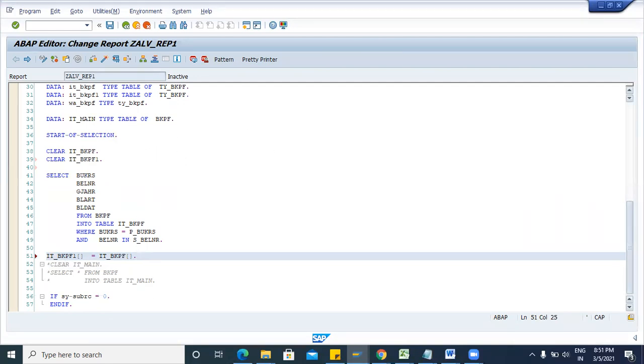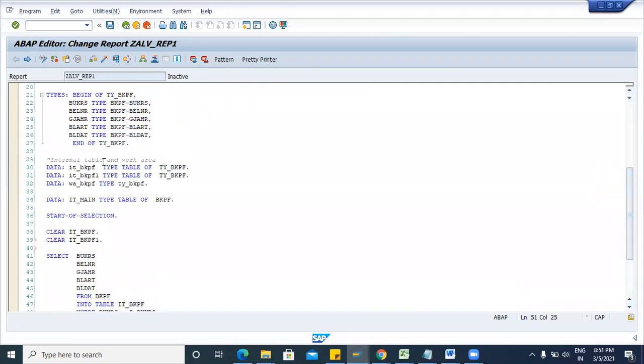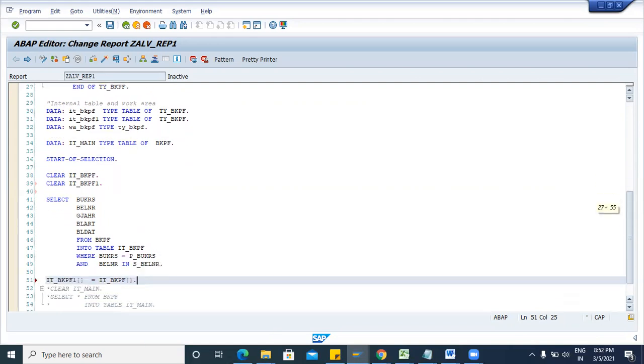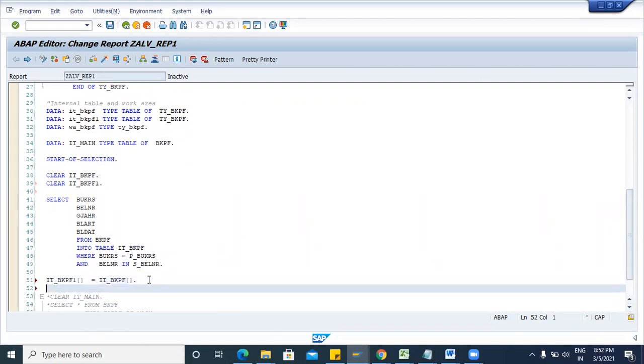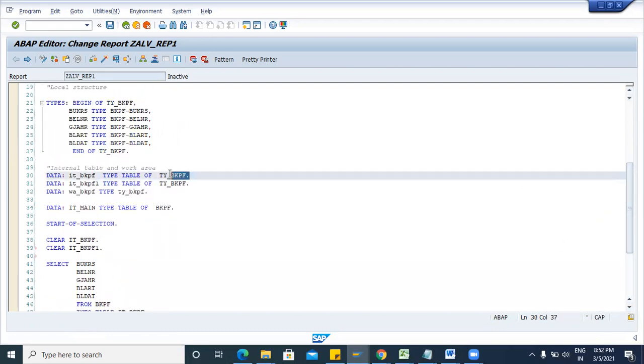Okay, like if you are having four fields in the first internal table and you are having three fields in the second internal table, then you cannot pass the data from one internal table to another through this process. Here we are using the same structure for these two tables.